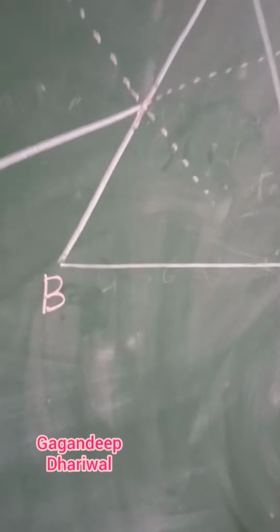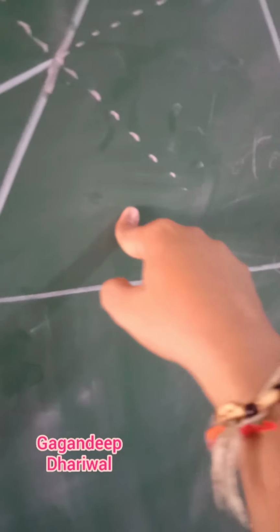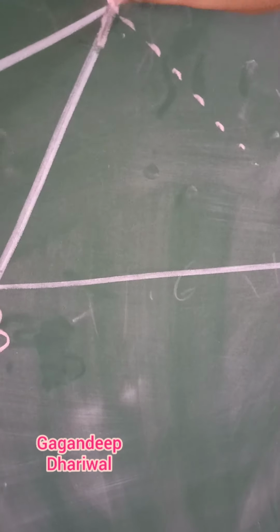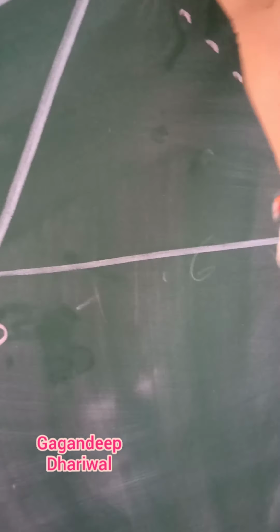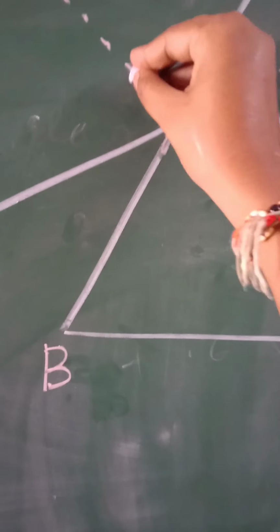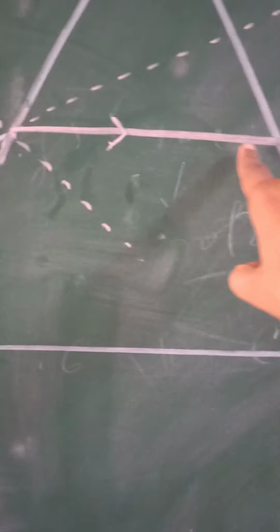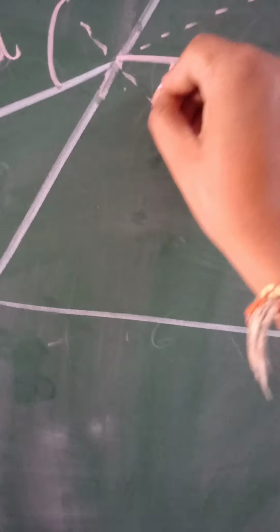Actually, this ray would go like this way, but because there is a difference in the medium, this is rare medium and this is denser medium, this ray bends towards the normal. Is this clear? Now the angle between normal and incident ray is your incident angle i, and this is your incident ray. So what will happen after refraction? This ray goes like this, it bends toward the normal, and this is your angle of refraction.